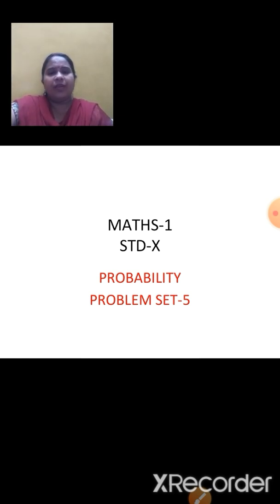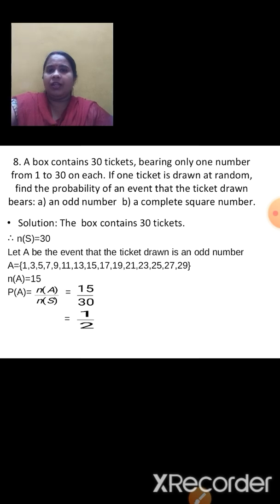As you know, we have finished with the chapter probability, but I thought before we start with the next chapter, let us solve few important problem set sums of the same chapter probability. Okay? So today we will solve few important problem set sums. Let us continue. I have taken the 8th sum. Few sums before this we have already done in the previous sessions. So starting with the 8th sum, let me read it for you.